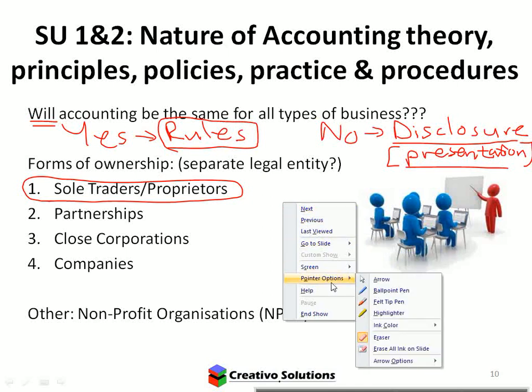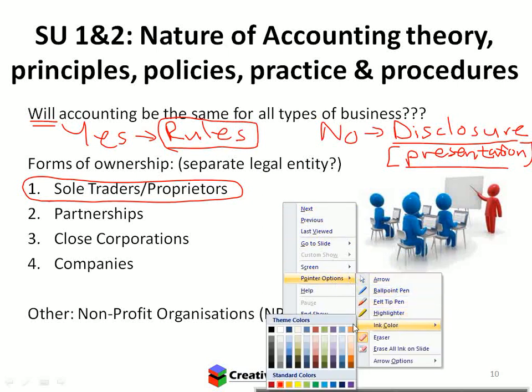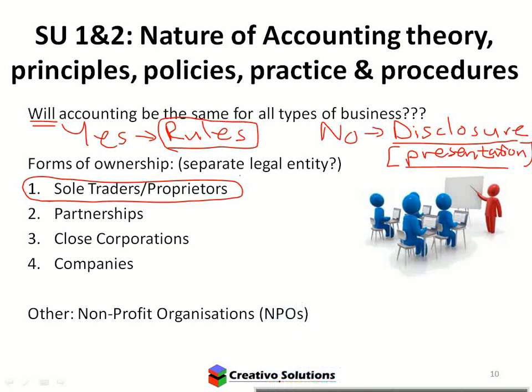Okay, what does that mean? You guys covered law, you probably have a very good understanding of what that is, right? If a business is a separate legal entity, does the business operate in its own name? Yes. Okay, so if you transact with a company, you enter into a contract with the company, not with the CEO, or the director, or the manager. Okay, so separate legal entity.